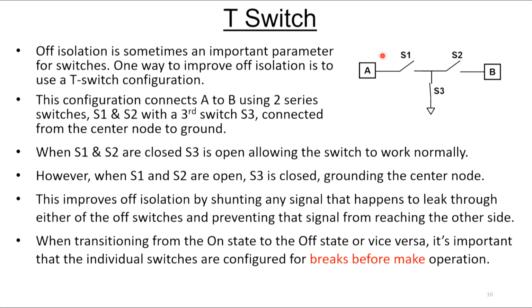If you have some signal coming in on the A node and it's leaking through, say, switch 1, well, now you have this point tied pretty hard to ground. That's going to make it hard for that signal to leak through to B. So this gives you a way of increasing the off isolation of a switch, if that's an important spec for you. When transitioning from the off state to the on state or vice versa, it's important that these individual switches be configured in what's called a break before make